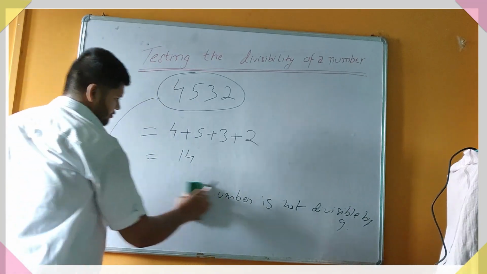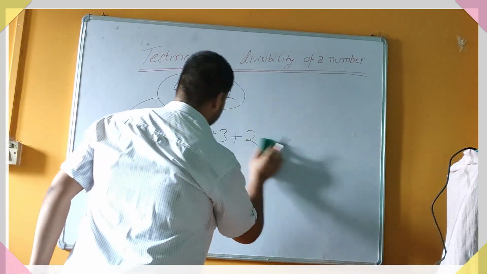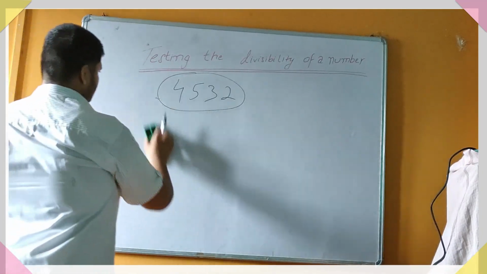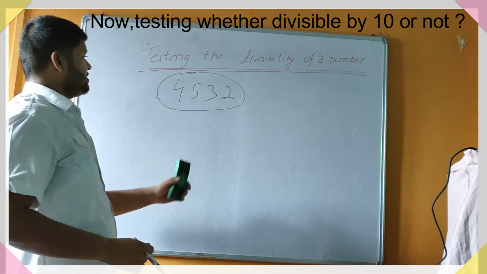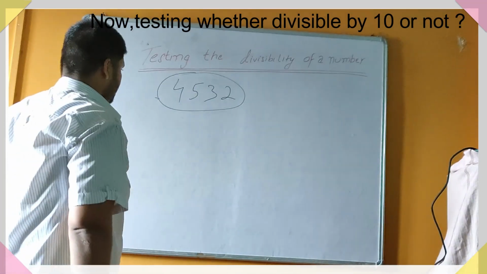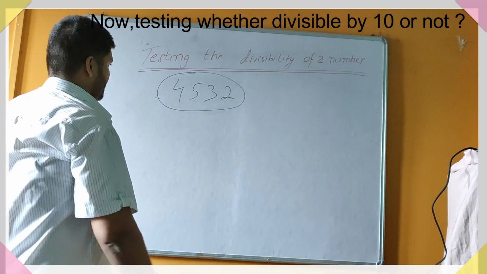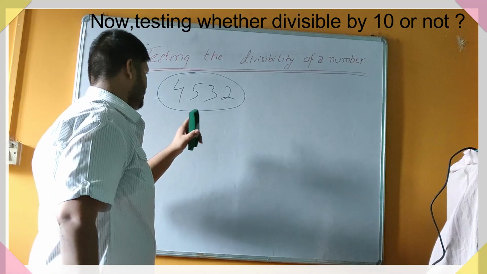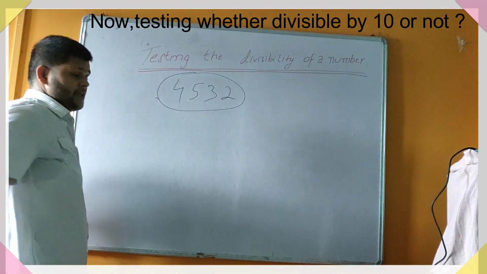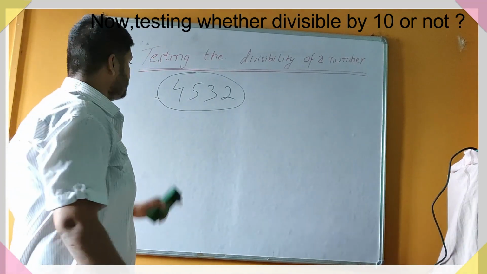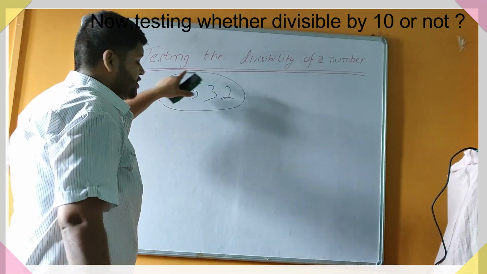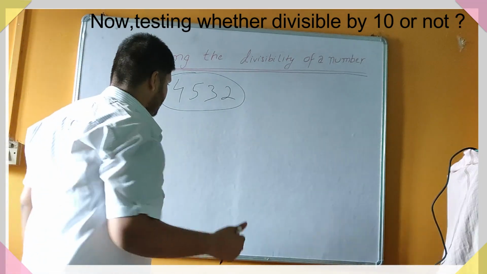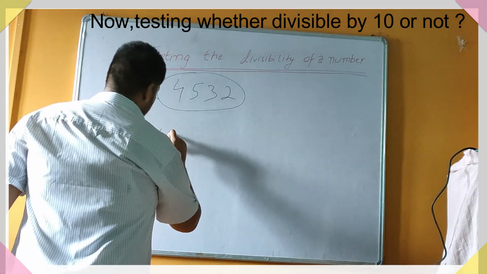Now I am moving to the next one, that is divisibility by 10. To test whether this number is divisible by 10 or not, we have to see the unit digit number. Here the unit digit number is 2, but we need to test whether this number is divisible by 10 or not. So what the condition says about the divisibility by 10 is that the unit digit